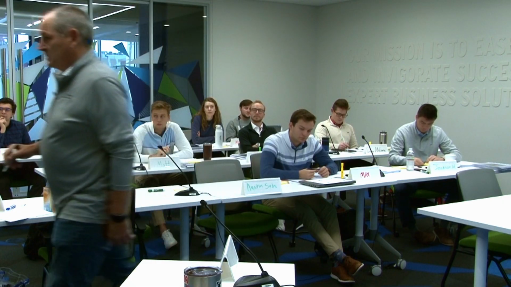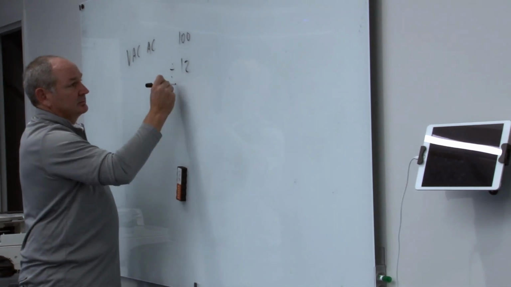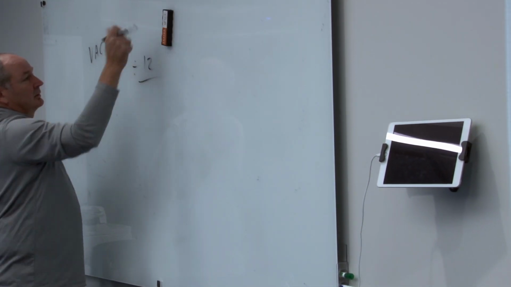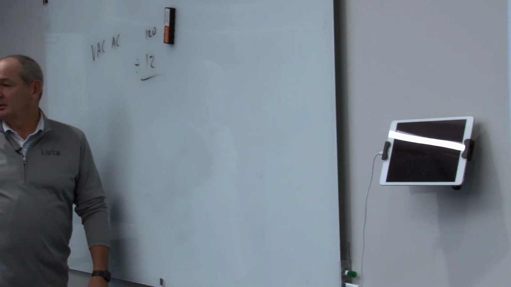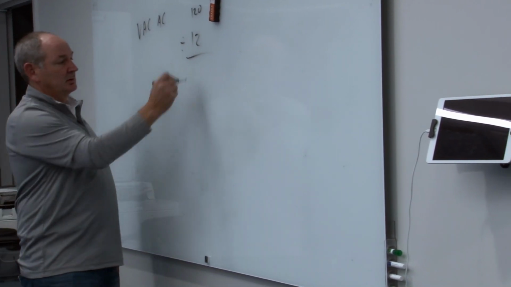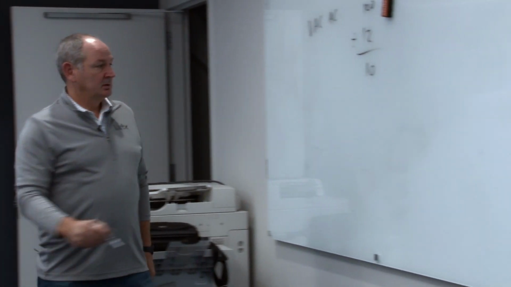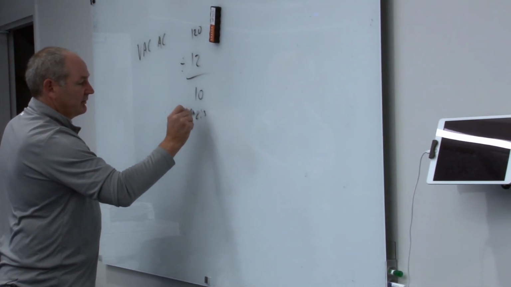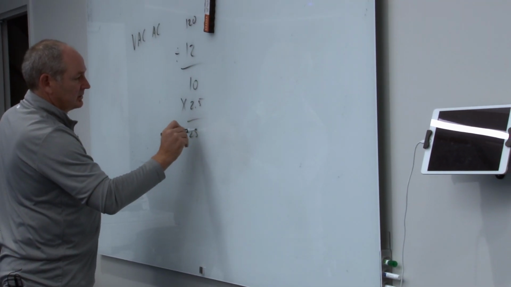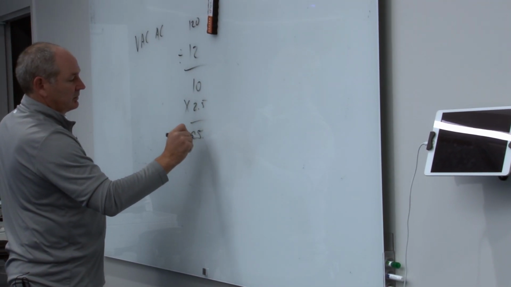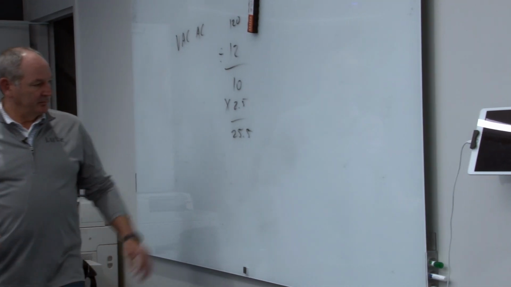Maybe not as much as we should, but do we do this mathematically? Yes. We do. So what we do is we take this divided by 12. We're going to make that 120 just because that's going to be easier. Which gets 10, right? So now I have the number of months times 2.5 is 25, right?